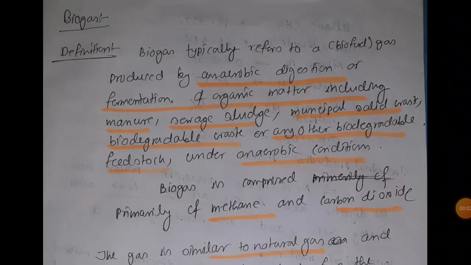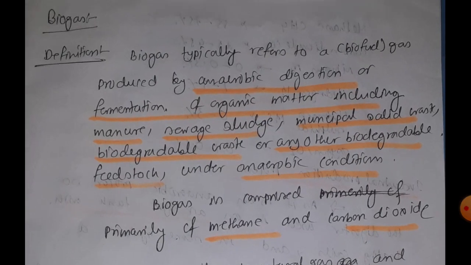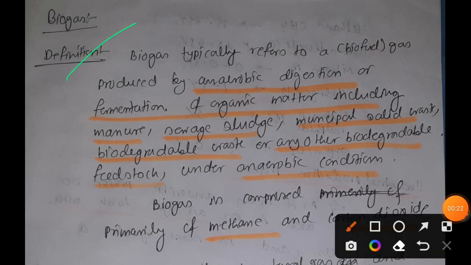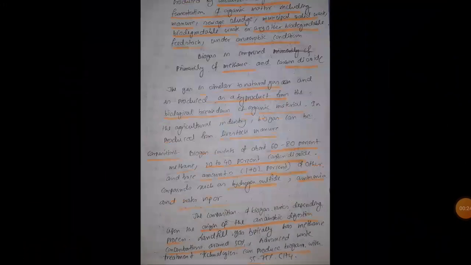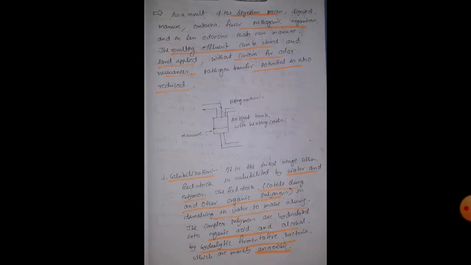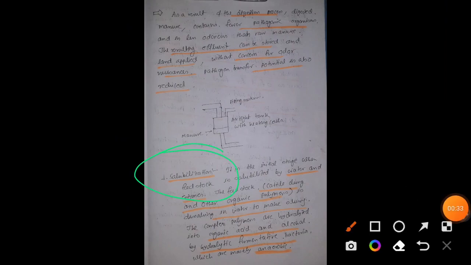Okay friends, in this video tutorial we are going to start on biogas. This will be the first video on biogas, because the topic is quite broad, so I am going to take two videos for this. In this video we will talk about the definition, then the composition, then the industrial procedure, how biogas is produced, and then the four important steps of anaerobic digestion